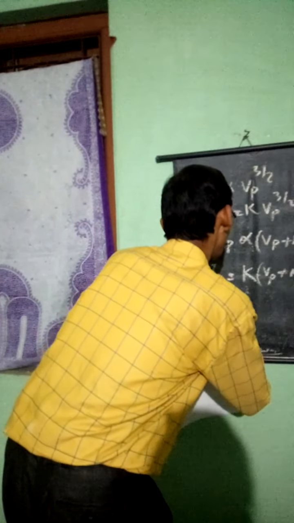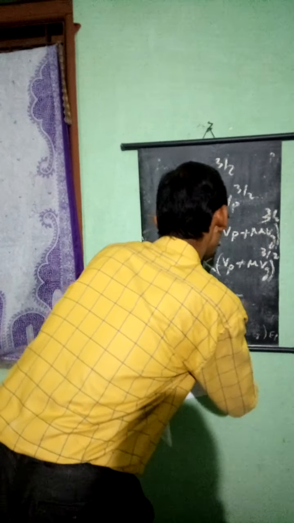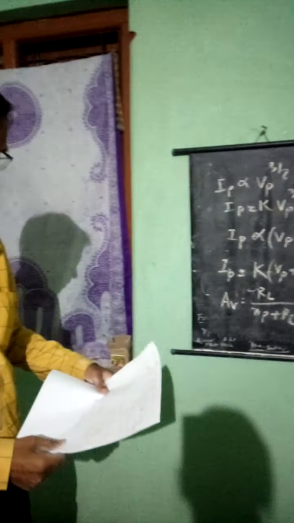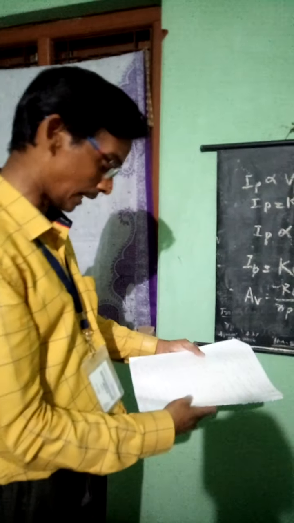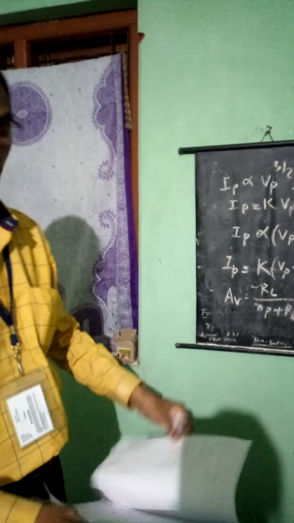Also remember, the voltage gain, as I already told you, is RL divided by Rp plus RL into mu. I told you this one. RL is the load resistance. Already I have given you these hints. Let us see here. We come to know that there is a slight change, so that we are getting back all these curves. Accordingly, the voltage gain takes place and we can say that it acts as an amplifier.